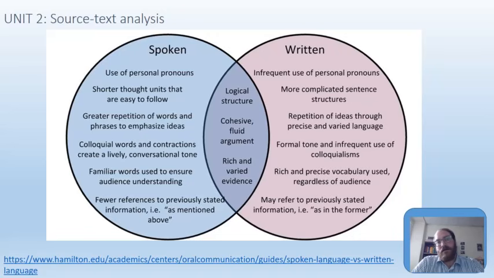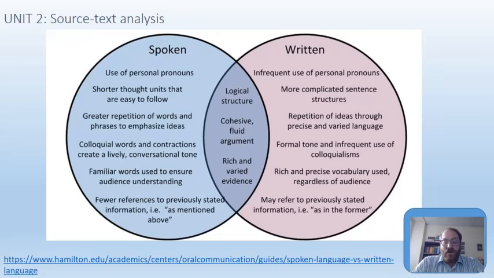And it may refer to previously stated information, as in the former. But both, as this diagram would have us subscribe to, is that spoken and written language should both have a logical structure, a cohesive and fluid argument, and a rich and varied